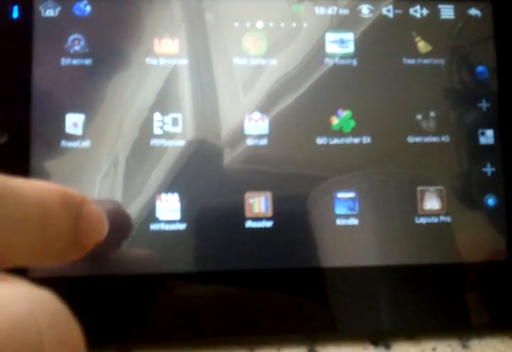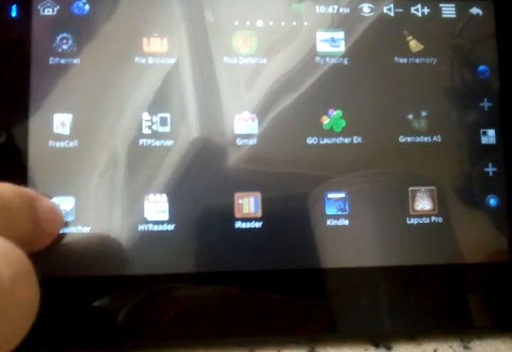Where are you? Home switcher. Okay, so I'm going to set Launcher Pro as the default, and I'm going to launch it. That's back to what I know. I go to settings,